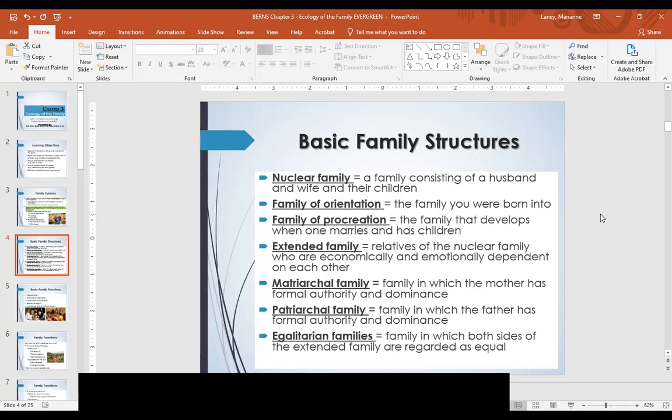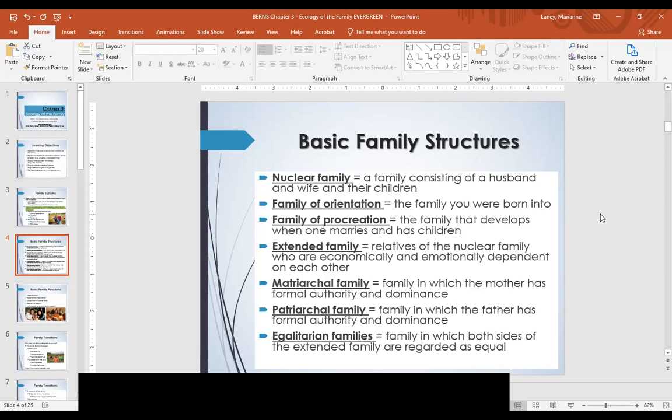Extended family are the people like aunts, uncles, grandparents. Now in my house, we have lots of aunties. My son's adopted, so we feel like anybody that you want to add into your heart, you can, why not? Aren't we all of one race? We're all one human race, right?